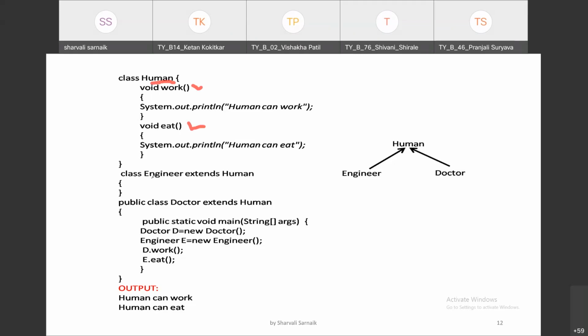Now another class is taken, engineer, and it extends from class human. Then I have created another class called doctor, and that also extends from human. So two classes, engineer and doctor, are both taken from human. Then I have created an object of the doctor class and the engineer class and given a call to the respective methods. So this is also one example.